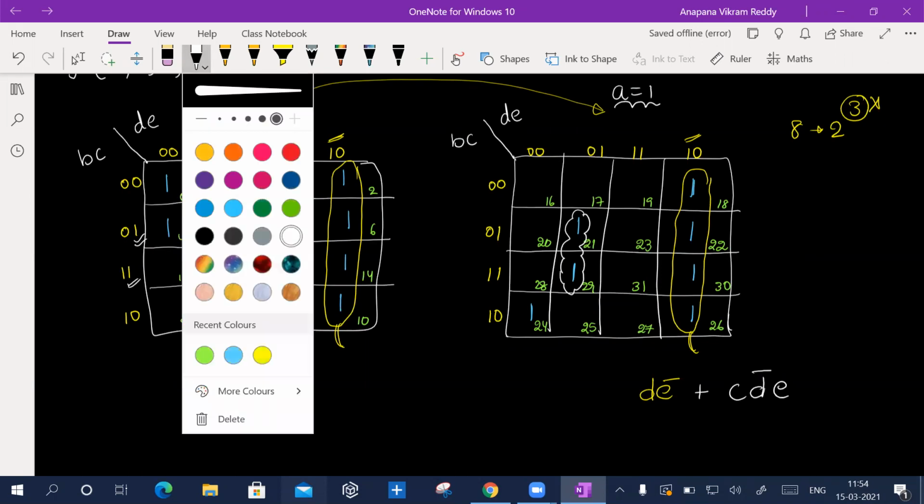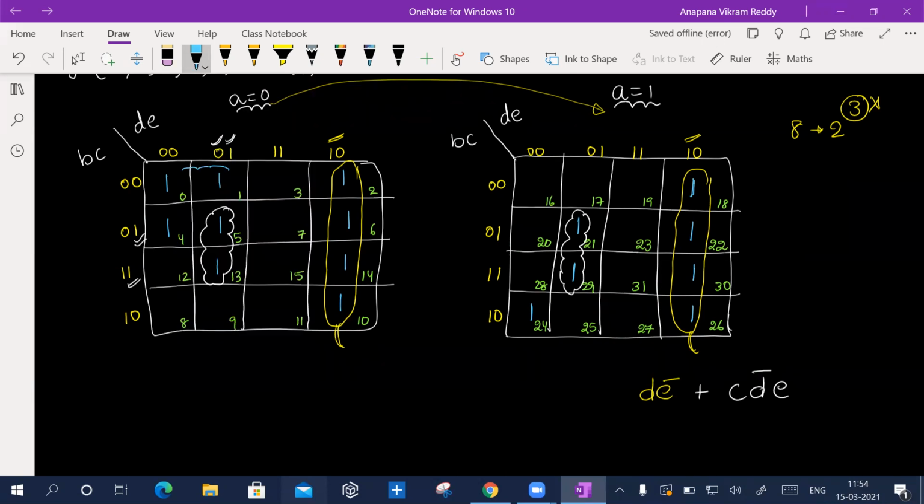So this one, right? Okay, you are on good track. So this one. Can I go for A is equal to 1? I can't go, right? No, sir. Stop here on A is equal to 0. So I'm not going from A is equal to 0 to 1. I'm still on A is equal to 0. So therefore, I must include A. That is A complement now. And what else? B complement, D complement. Anything else?